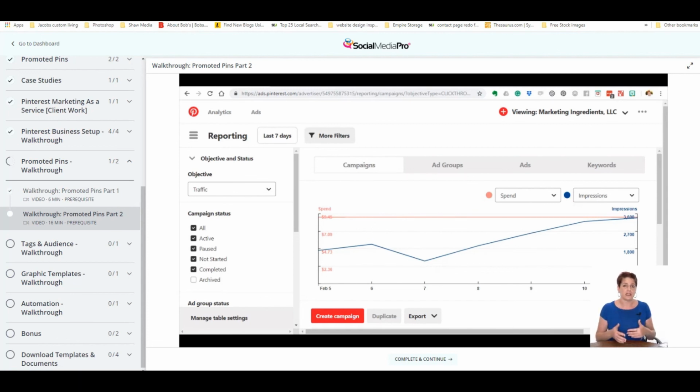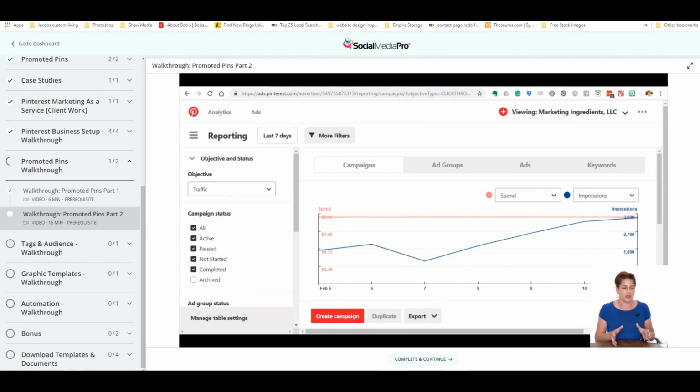Now, if it does get denied, I will tell you this, you'll get an email from Pinterest. Read the email. It gives you the exact information you need to know about why it was denied. Then you have the ability to go back into your account and make any edits you need to. You might have to change the image. You might have to change your targeting. Pinterest will tell you, follow the advice they're giving you. They're not going to shut down your account for having a bad pin. Really what they're here to help you accomplish is putting out your best pins and putting your best foot forward